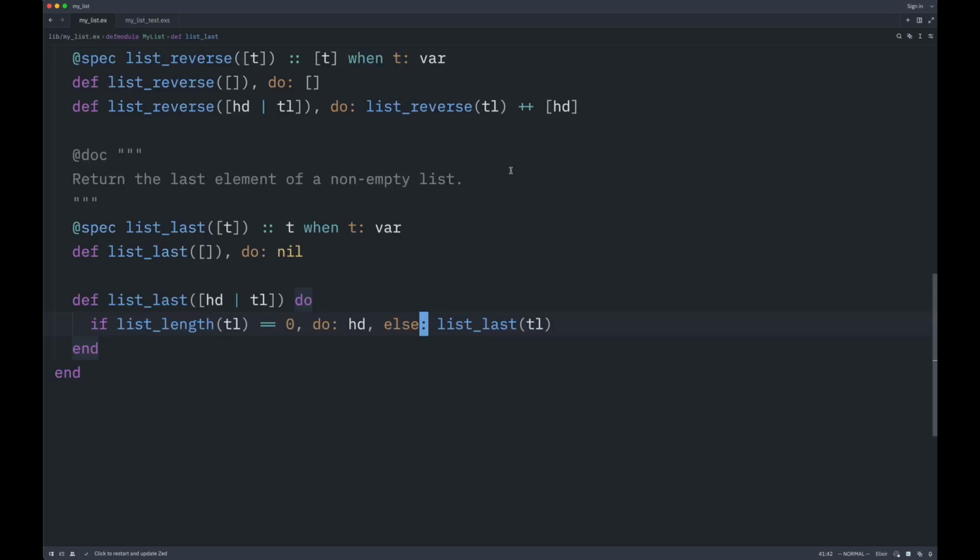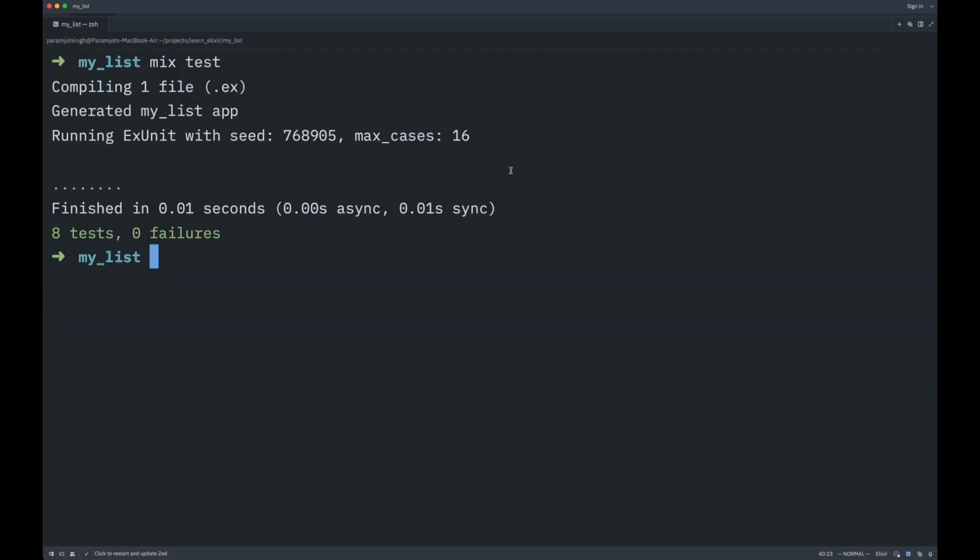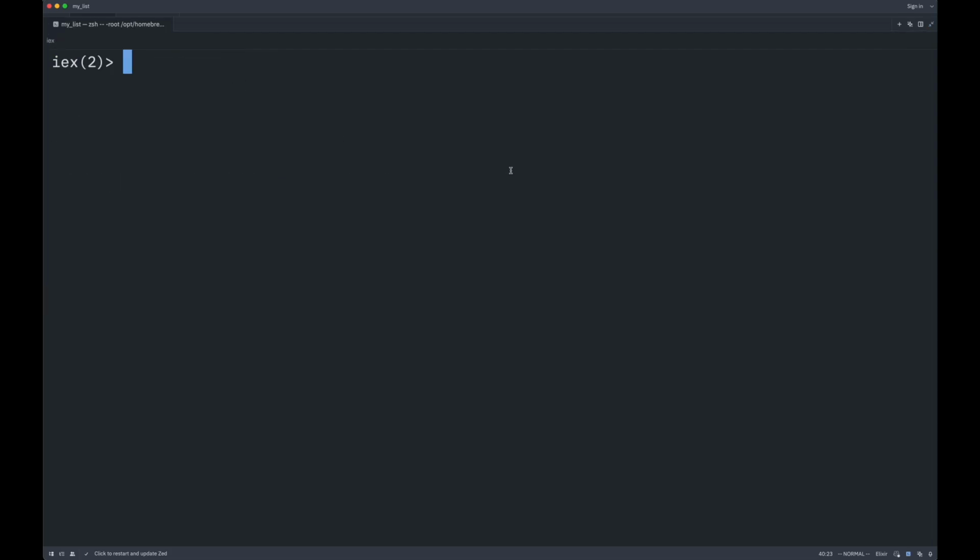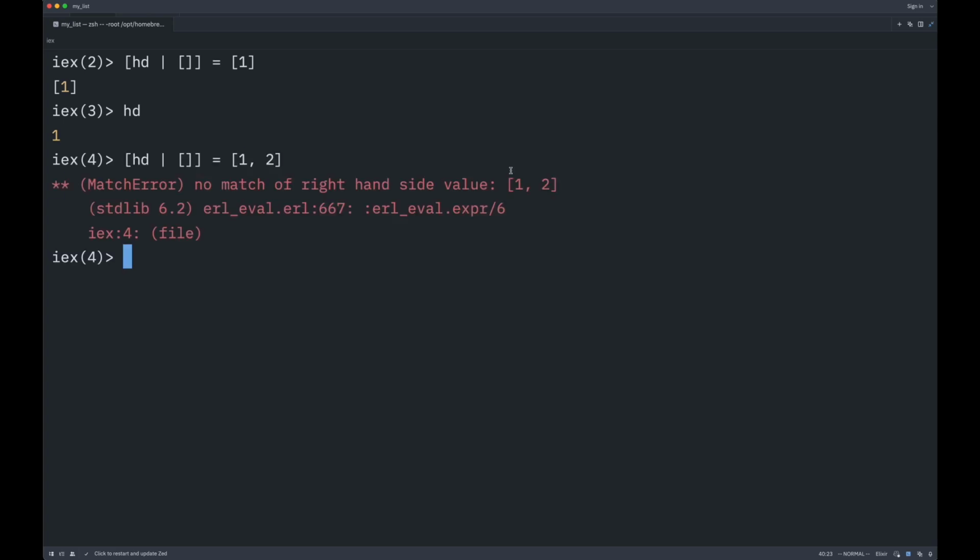So now we will switch to rewriting this function using pattern matching. And the question is, is it possible to match a pattern where the tail is empty, right? There are two ways to do that, and let's take a look in IEx quickly at what those are. If I say head and empty tail, and I match it with a one element list, the value of head is bound to 1. And notice that this will not match if it is a 2-element list. It will say it's a match error